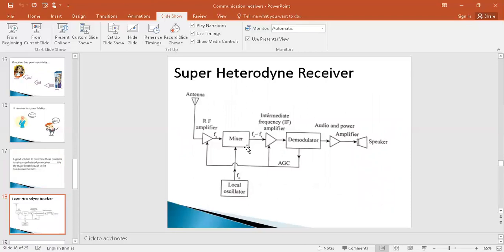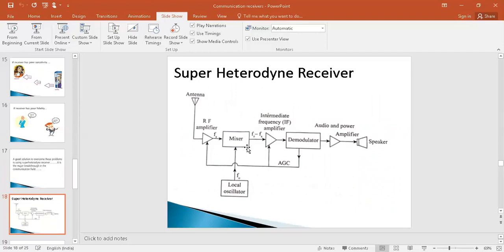So what does a superheterodyne receiver actually mean? It works on the principle of the frequency mixing technique. Heterodyning means mixing of frequencies which are generated locally at the receiver end only. In communication, we see that a carrier signal is added to the message signal and it gets modulated for long distance communication.